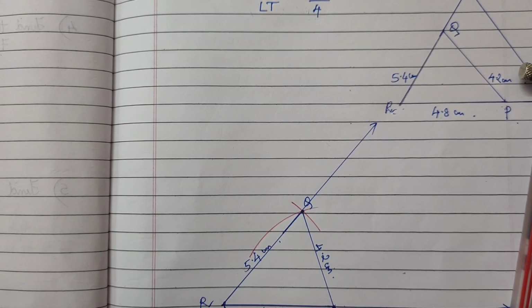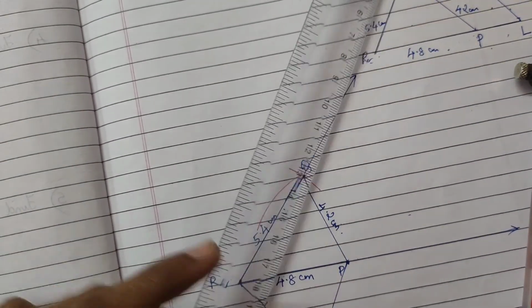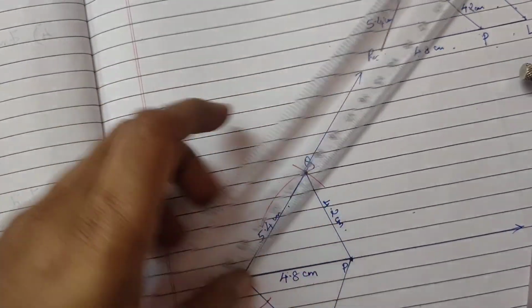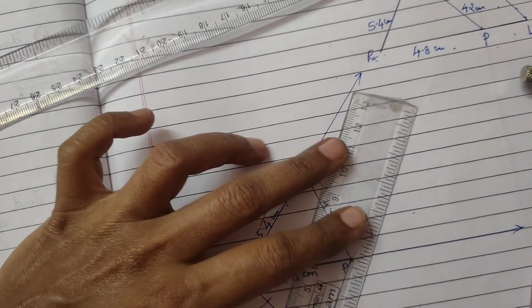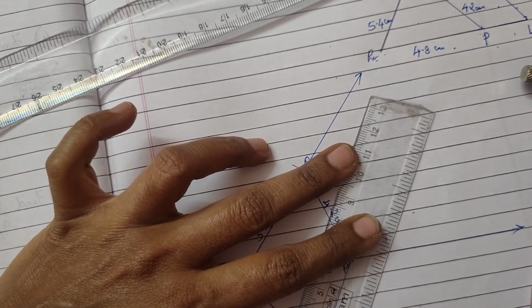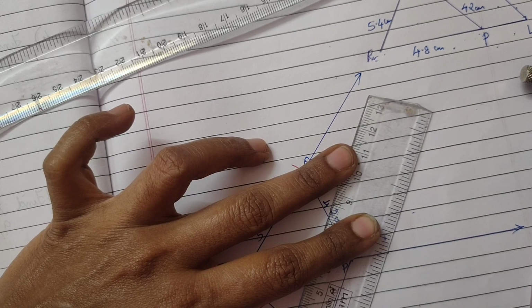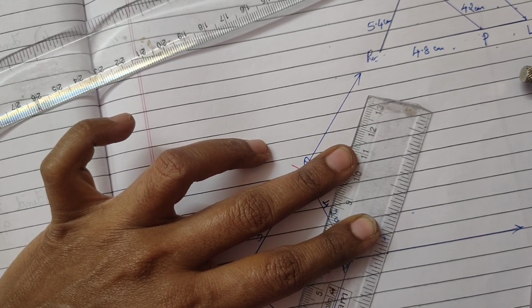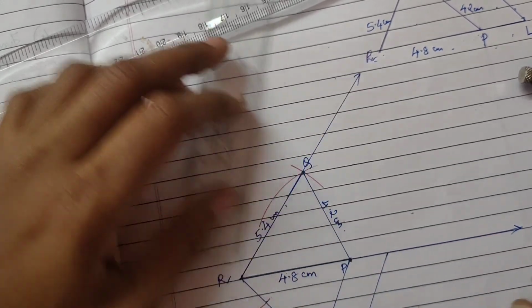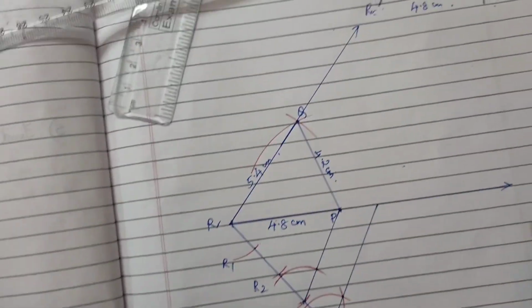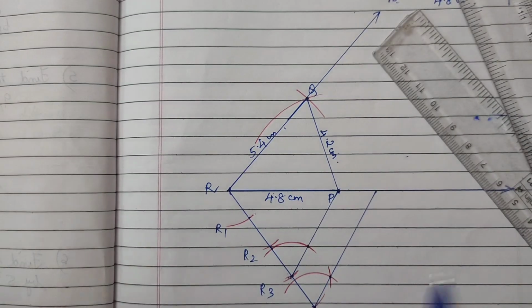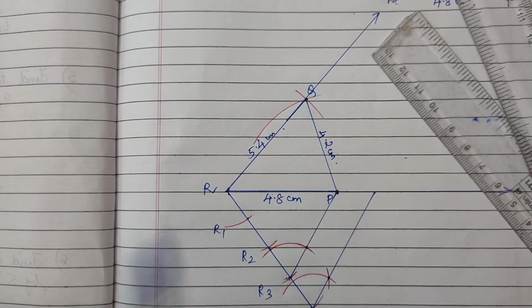Now from this point and this point we are going to join it in this line here. Okay, so I'm going to join it. How I'm joining it? See, this intersection point, and it will touch here exactly. So I'm doing it. See, now I got it. I got exactly a parallel line. Can you see? Yes.